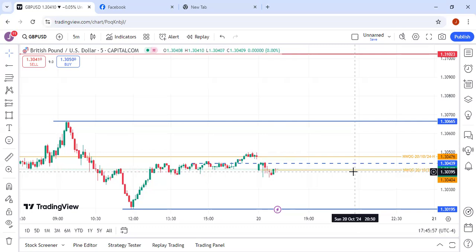You have to follow the criteria of what we have been teaching so far, making use of fair value gap, break of structure, and then coming to your fair value gap, the new day opening gaps, the new week opening gaps, very, very important. Liquidity, you have to observe all of those things